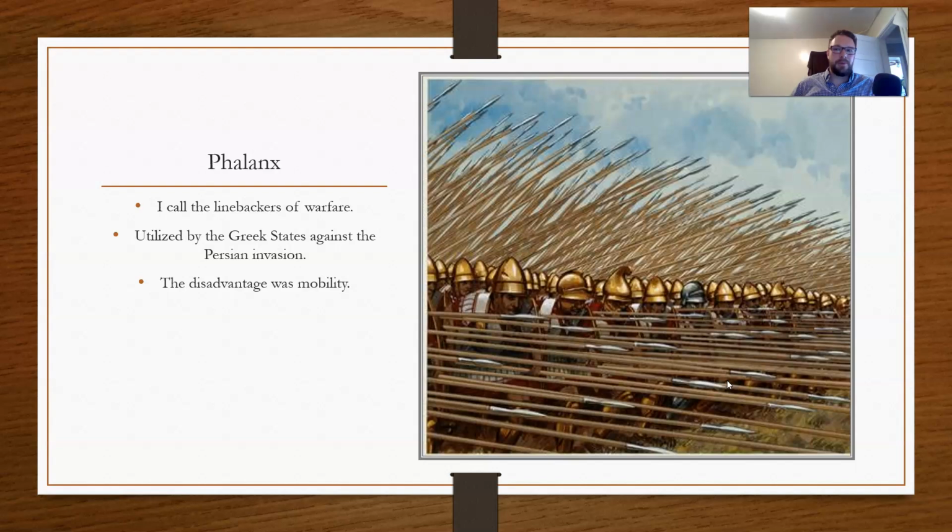Which, of course, the Greek states used this against the Persian invasion, primarily the Battle of Marathon, where they were able to utilize the terrain to their advantage to have the Persians form a choke point to where they would be forced to funnel into these phalanxes. And of course,